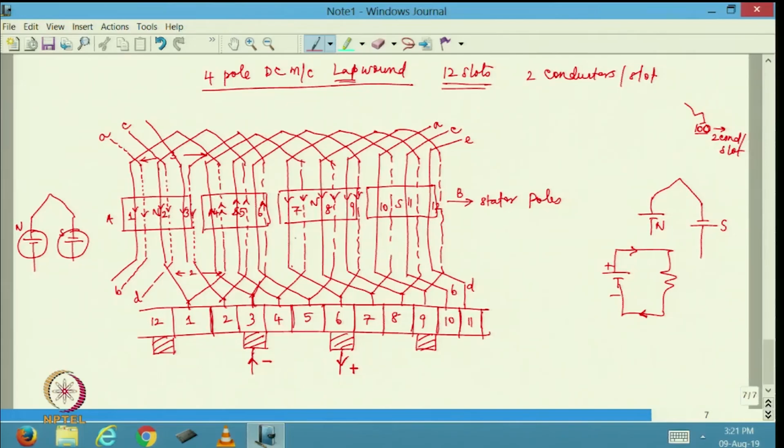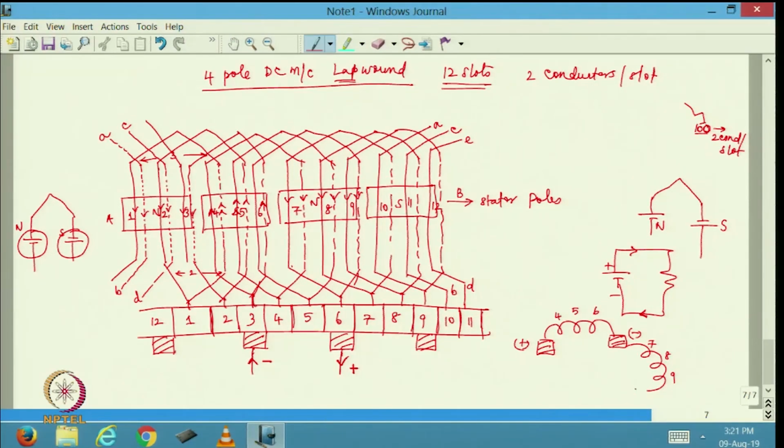Between the plus and minus, let me try to look at the coil. This is one coil, right. This is going like this. This is the second coil which is going through 5 and this is the third coil which is going through 6. So 4, 5 and 6 coils are connected between 1 plus and 1 minus. This is 1 plus, this is 1 minus, this is 4, 5, 6. Similarly, if I try to look between these two, I will have actually 7, 8, 9 connected like this.